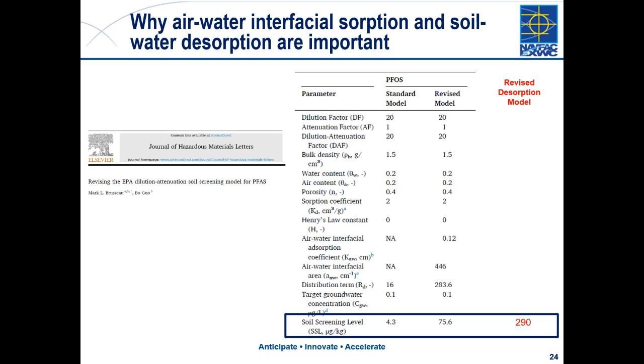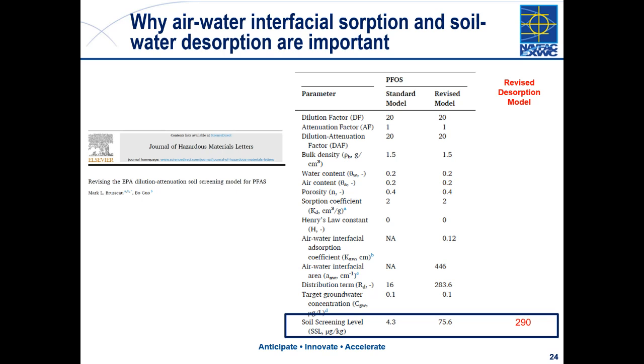So he's running the model two ways, and he's putting all this data in about the soil type and the water content and things of this nature, and then he's running just the standard model, which doesn't have the air-water partitioning in it. Then you come up with this safe level of what the PFOS could be in the water, and they say, well, to protect to this particular criteria, their target concentration, which I think is 100 nanograms per liter on this one, it has to be under 4 micrograms per kilogram. But they say, no, you're